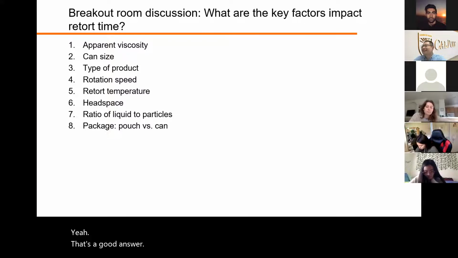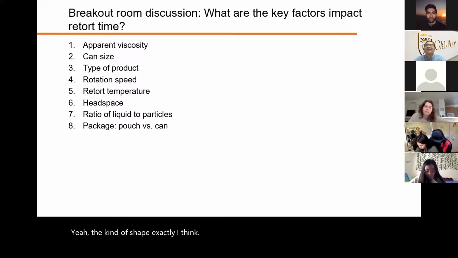Okay, so any other thoughts? I was also curious about the can shape. So would a shorter, fatter can be more effective than a skinnier but taller can? But then if you're stacking the cans, how does that play a role? Yeah, the can shape, exactly. I think